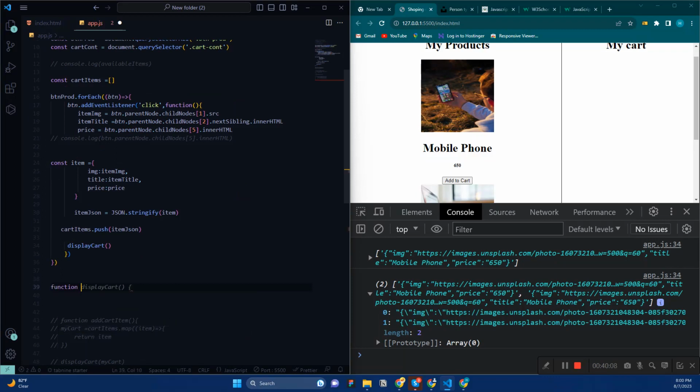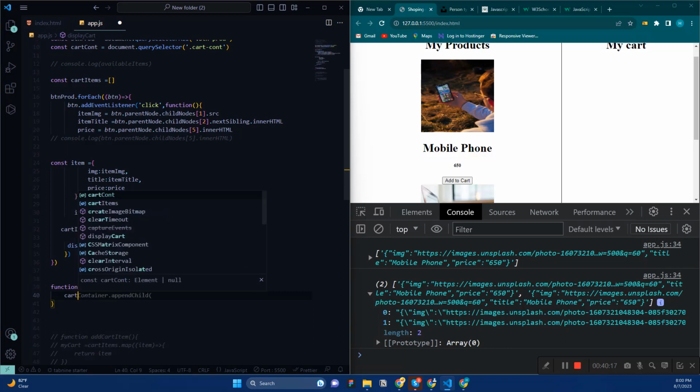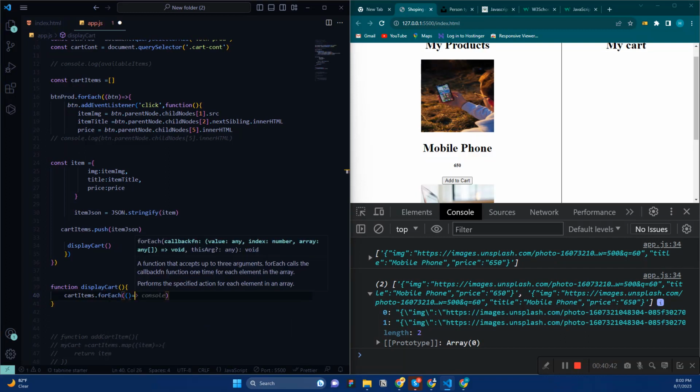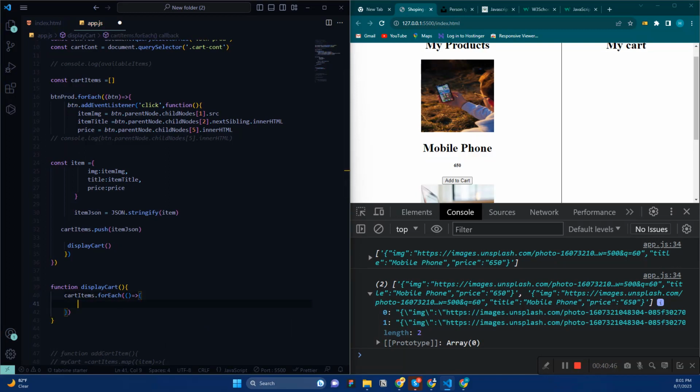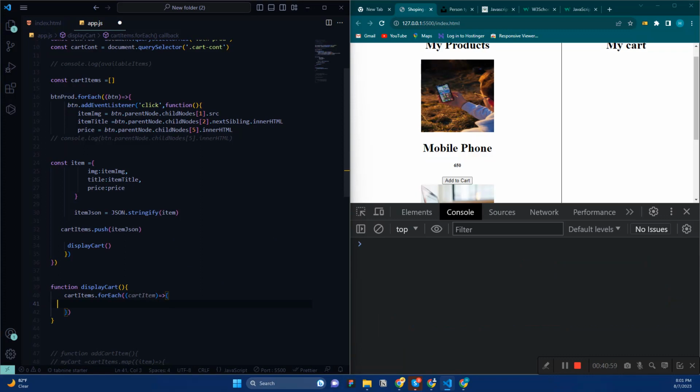And here I just want to run a function that is going to be a display, and I just going to say for each item that is available in the cart, console.log cart item, and we are not storing anywhere, so each and every time